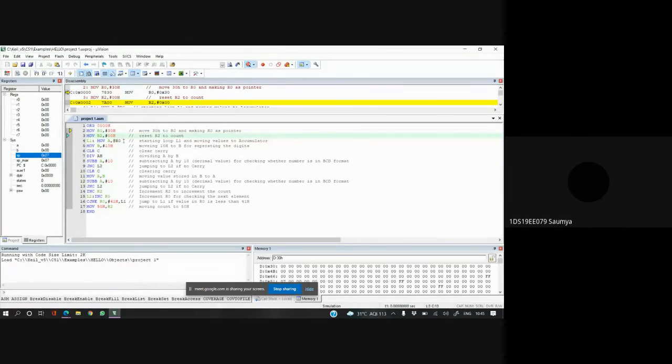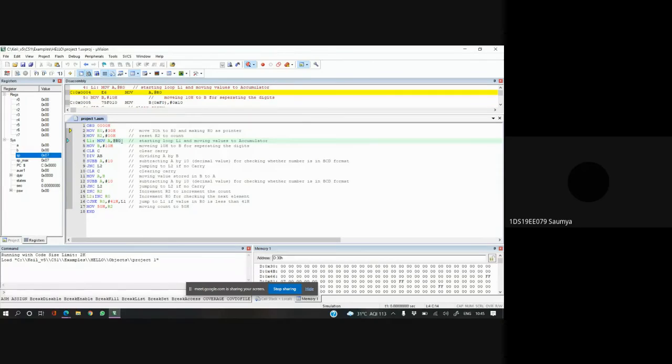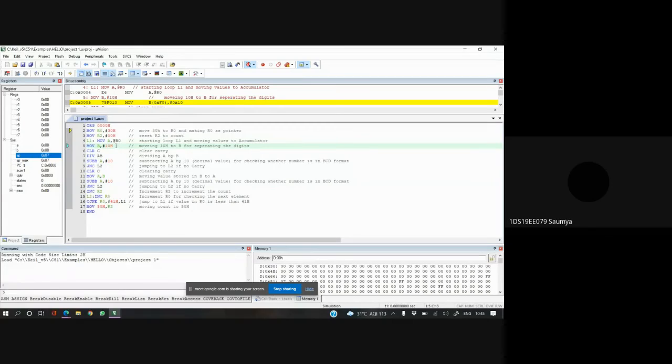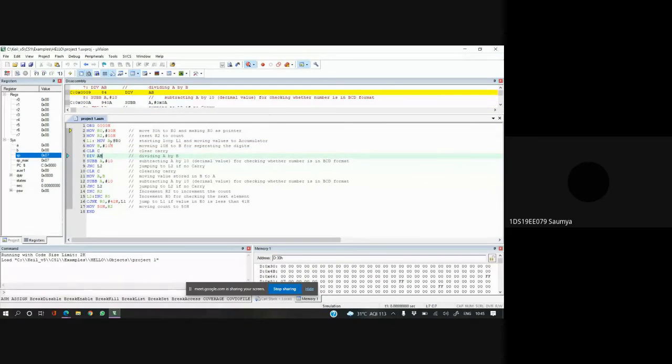Then I have used this loop in which R0 is used as a pointer, and I have stored 10H in register B. Then I have divided A by B, so A will store the quotient and B will store the remainder.